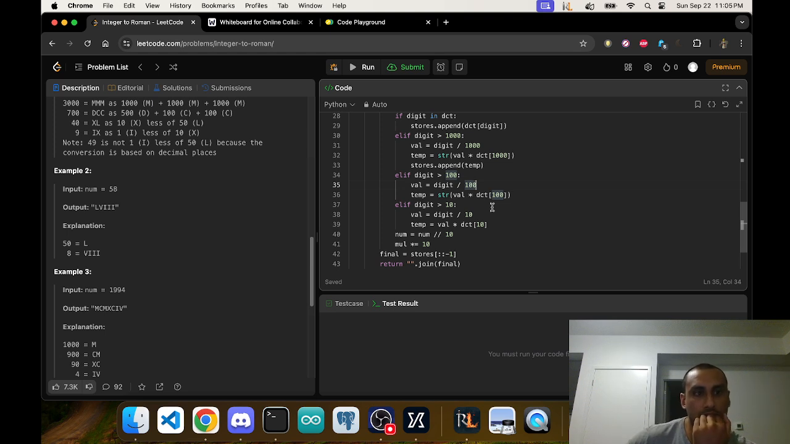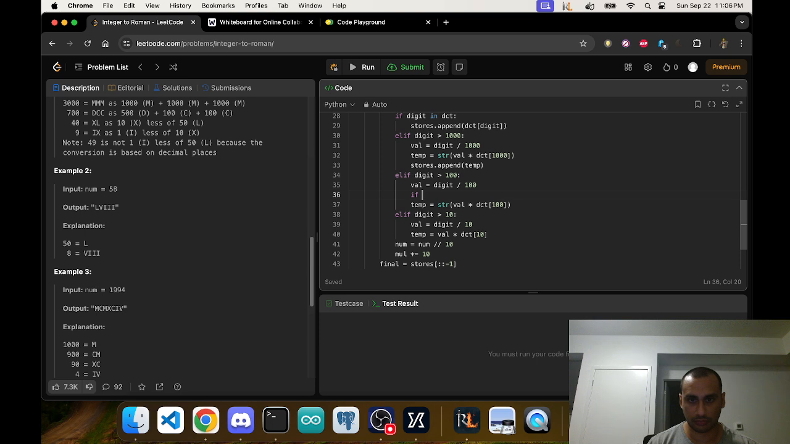We just go, for example, 700. Okay, so digit divided by 100, this is for the thousands, and then if digit is greater than 100, so if it's 700, I want to get the value, so if val is, so it's gonna be 7, and it's gonna be 7 times whatever. So if it's 7, if the val is greater than 5,